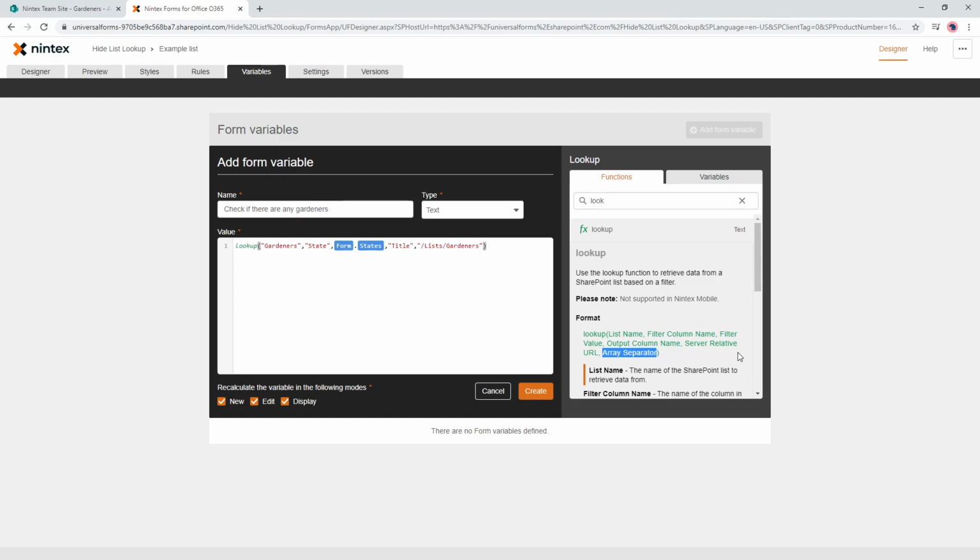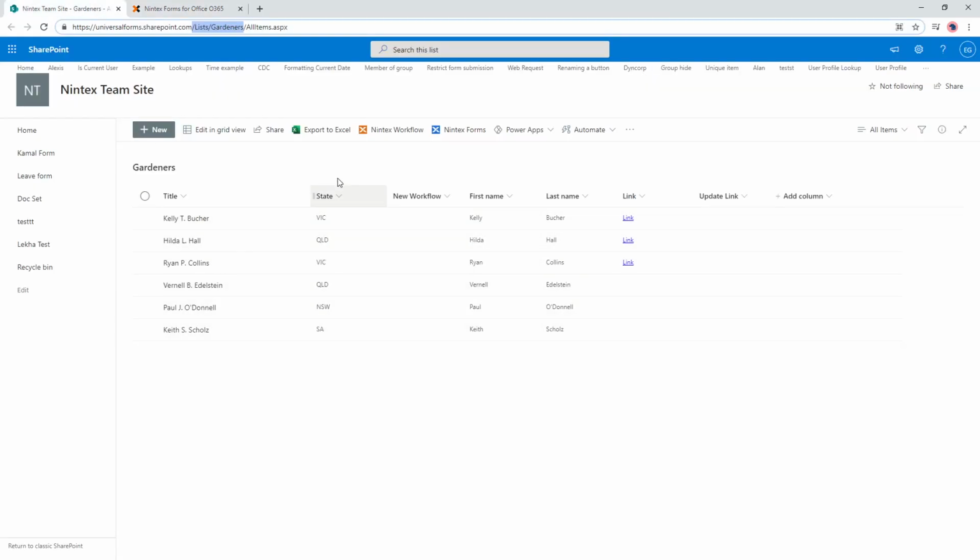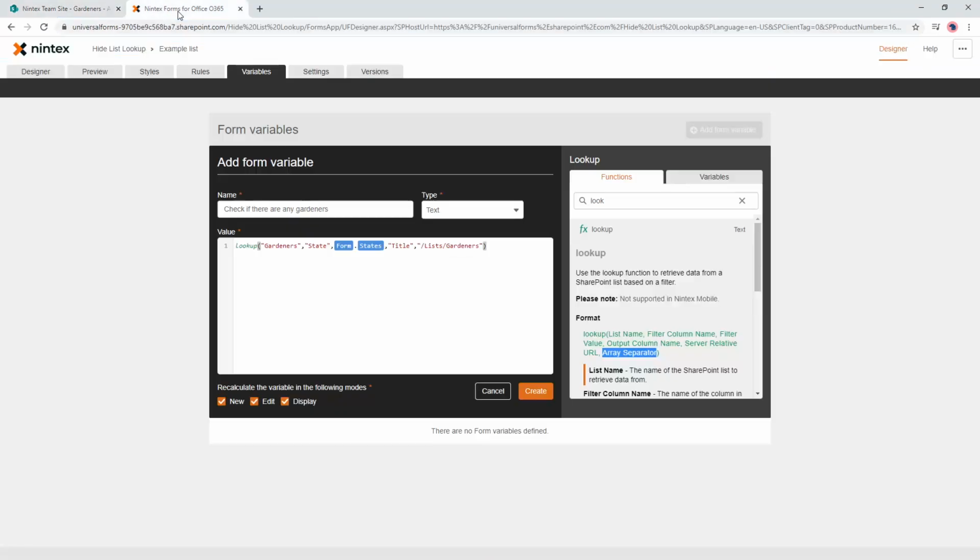What this is going to do is a lookup and get the first item where the state on the form control matches any of these. So there's no Western Australia, so it's going to return 0. Whereas if I select Victoria, it's going to select Kelly first. So why is that important? Well, what we then want to do is say, we've got the first gardener,